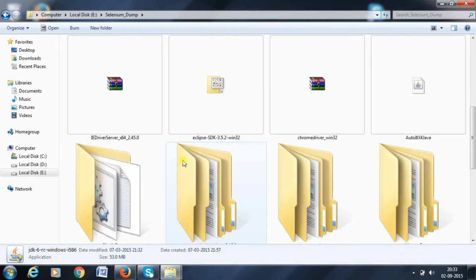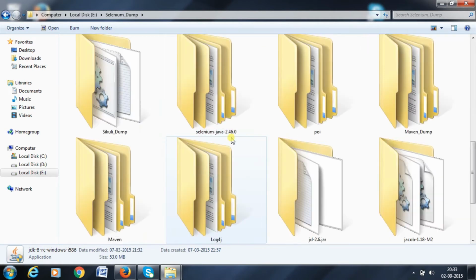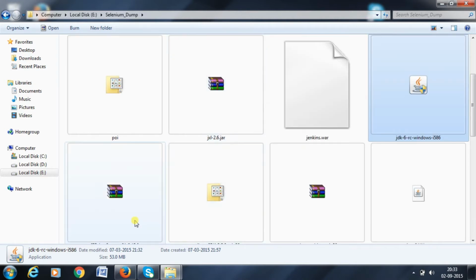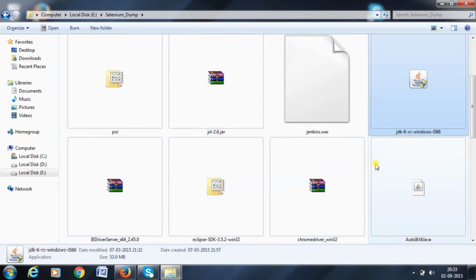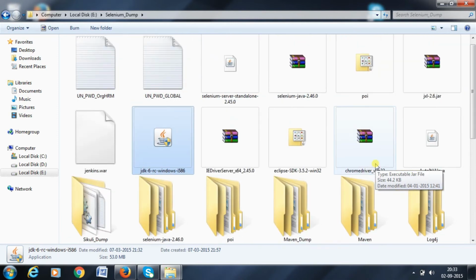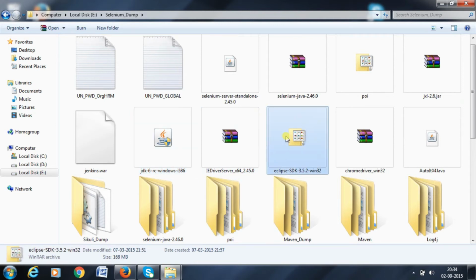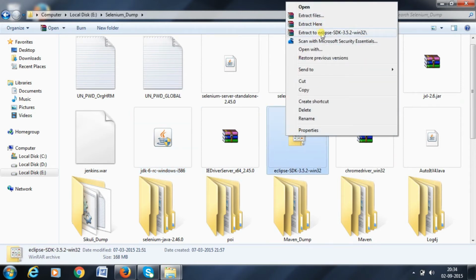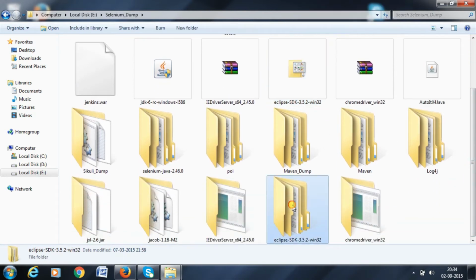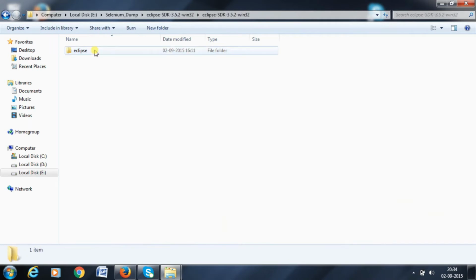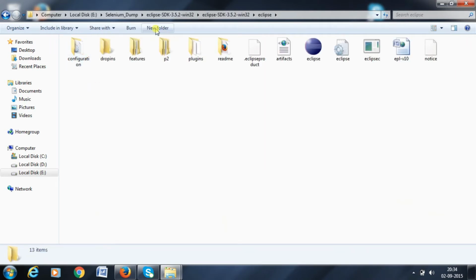If you save that in your system, it will show in this manner. That is showing like this, Eclipse. For example, I'll show it. Yes, it will be showing in this manner. Where is my Eclipse? Right, this is the Eclipse. Now you right click, extract that, and it will show in folder format. Extracting, this is a folder format. In this folder, double click. Now here many files will be available. You can see all these files here.